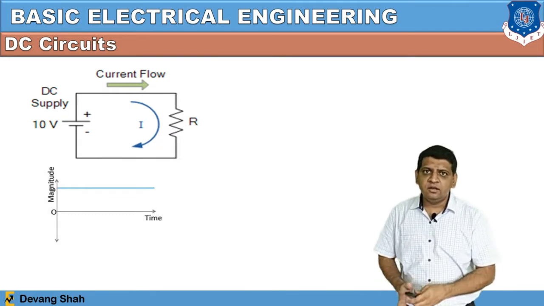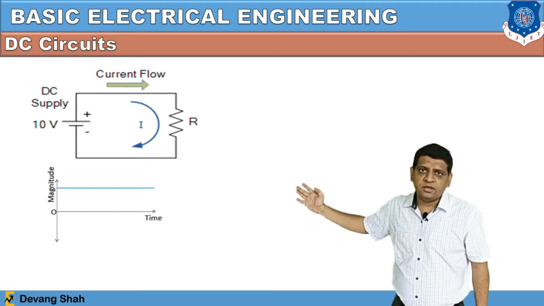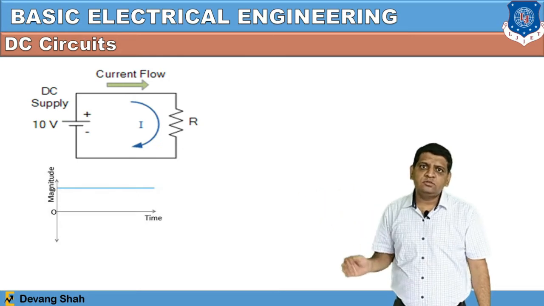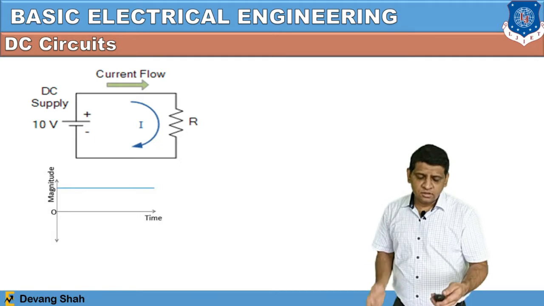So you can see here one circuit where resistance is the only element in the circuit, and you apply a DC battery, a DC voltage. Once the current is going across this resistance, how is it going to behave under this condition? You can check here.